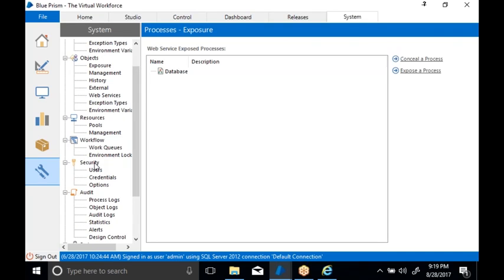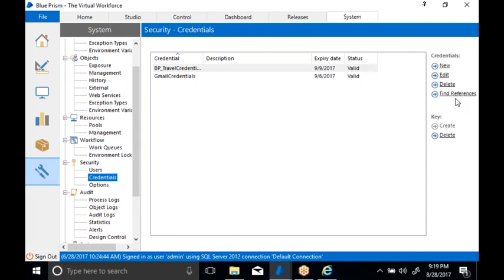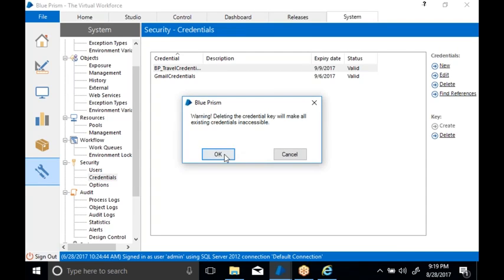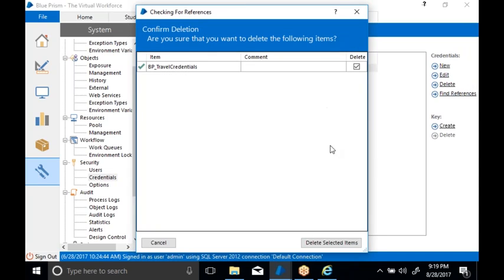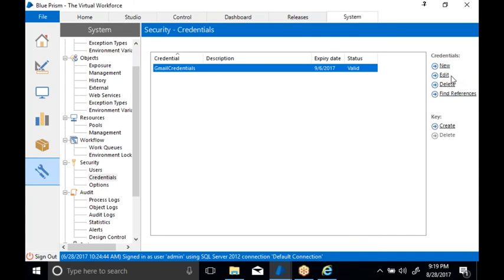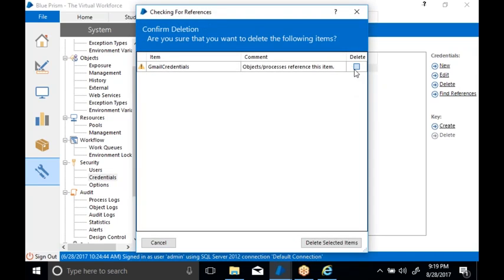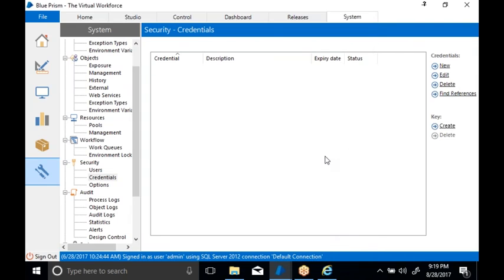You can see Security. Inside Security, you have the Credentials. Whenever you freshly open the credentials, it will look like this.